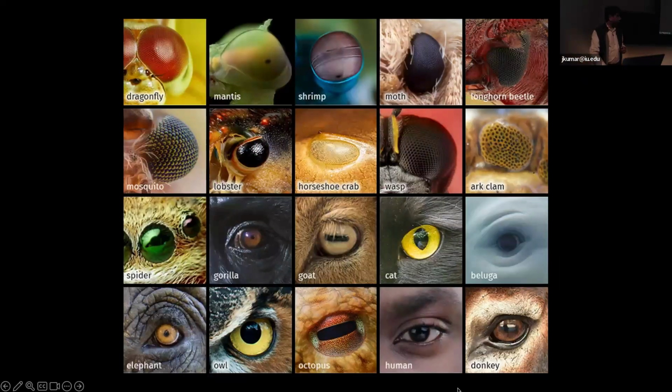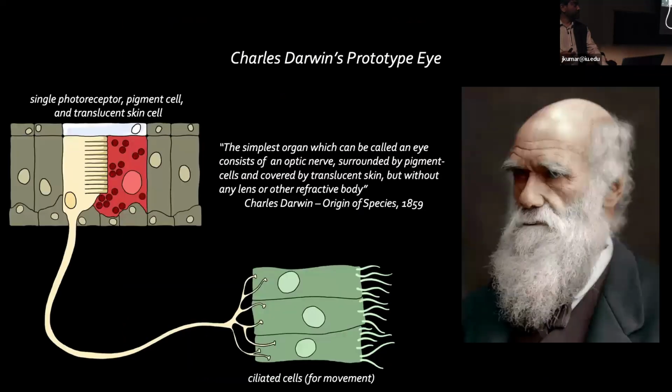Yeah, perfect. Okay. The developing eye is a great place to study this because the eye really differs across animals throughout the animal kingdom. We have lots of organisms that have variations on camera eyes, like you and me. We also have variations on compound eyes, which are seen in insects. And there's quite a bit of variety between those two things. And all of these are thought to have arisen from a prototype eye that Charles Darwin spent a lot of time talking about in The Origin of Species.